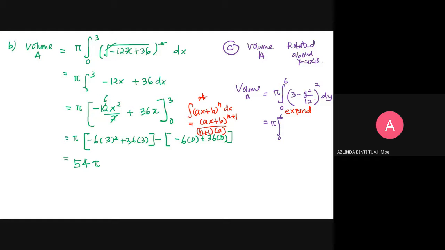For this question you cannot, because in order to use this rule, the function inside the bracket must be linear, x to the power of 1. So I cannot simply make it power of 3 divided by 3. I have to expand because inside the bracket the polynomial is of power 2. So expand, you are going to get